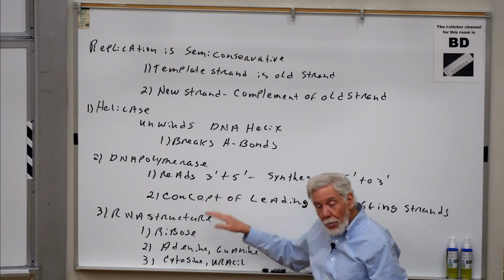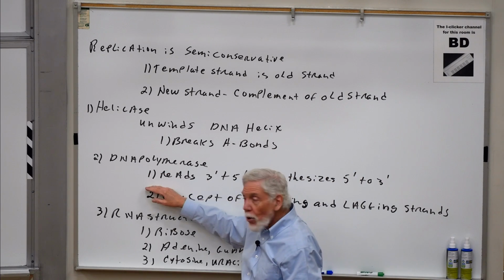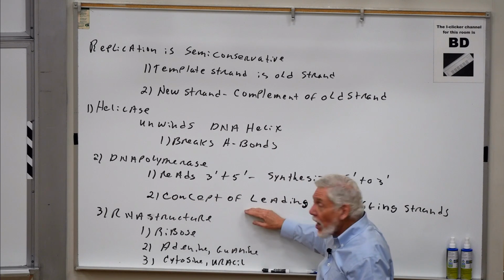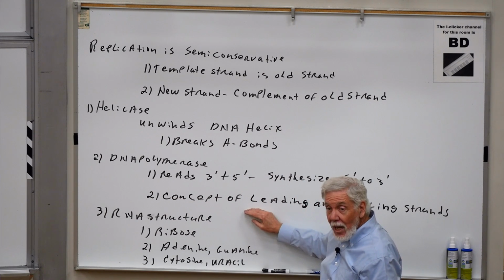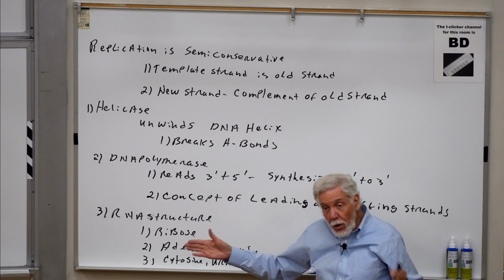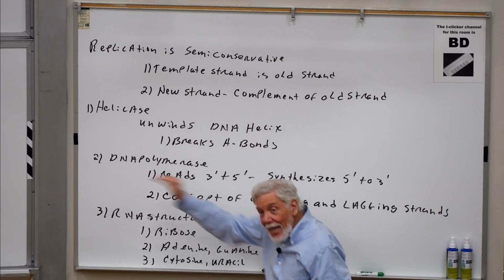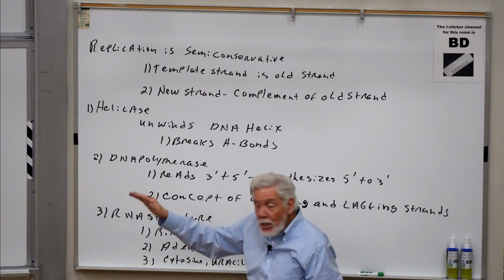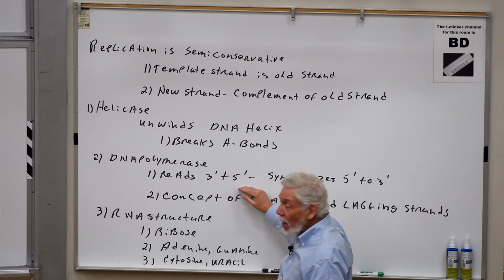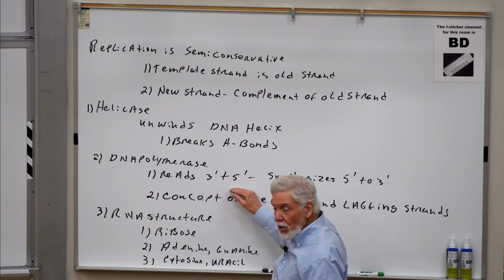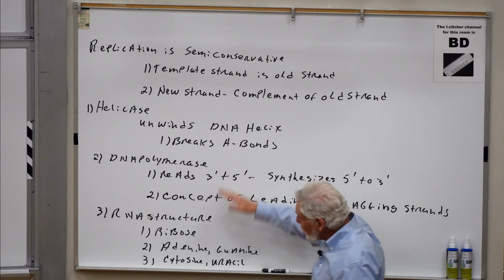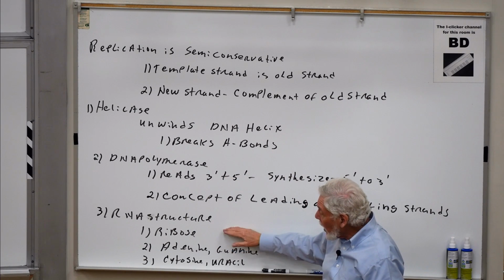That opens a problem, though. The DNA polymerase only reads in one direction, and the other strand is oriented in the opposite way. That means we have to split the two molecules apart, apply the DNA polymerase, and read back in the opposite direction. This gives rise to something known as Okazaki fragments because we're reading it in fits and starts, and we'll talk a little bit about that. If there's time, we'll talk about the related nucleic acid